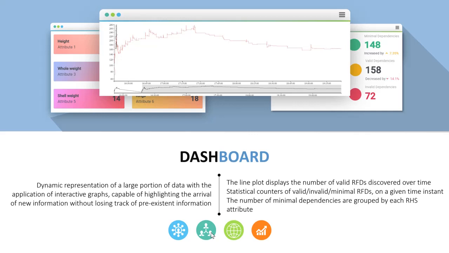These are some of the components of the DEVIS dashboard. In particular, one of the main components is the line plot, which is responsible to display information about the number of valid dependencies discovered over time. It is divided into sections. The upper one is the main line plot, showing the number of RFDs holding at each timestamp, whereas the line plot at the bottom